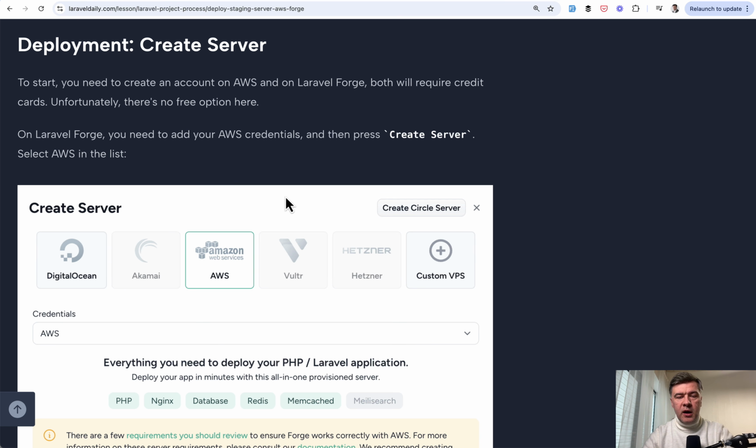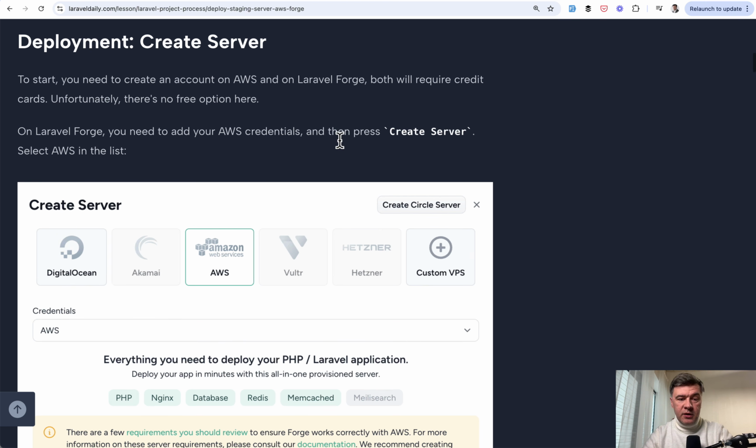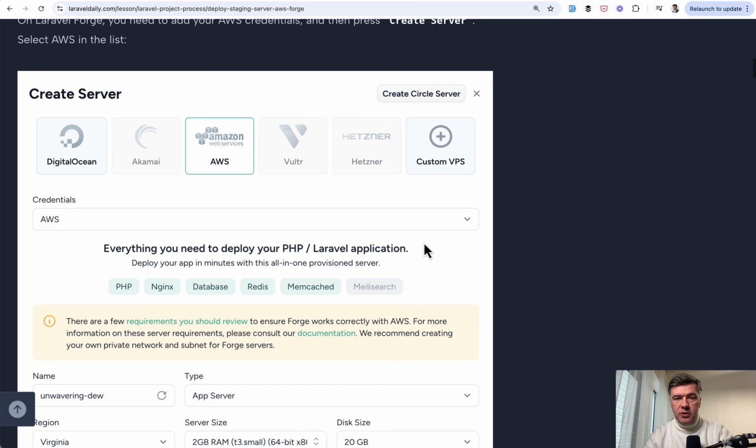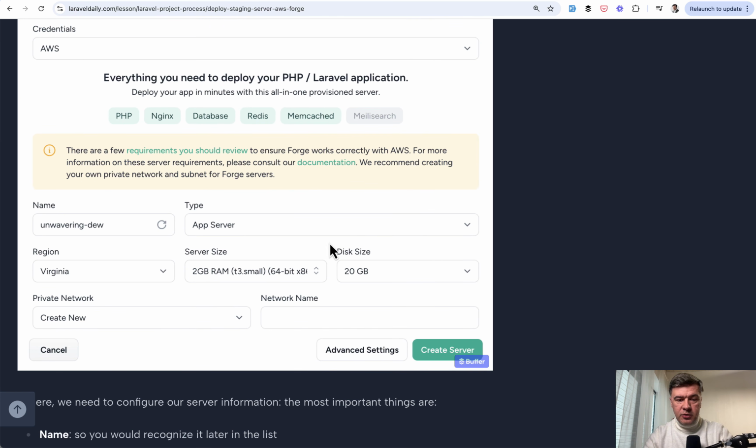Everything is in the UI of Forge. So let me demonstrate in this list of screenshots. We've chosen AWS as provider. Beforehand, we create a Laravel Forge account and give credentials both to GitHub, to the repository, and to our AWS account. So to create the server, the droplet, the instance of EC2, all you need to do is pick a